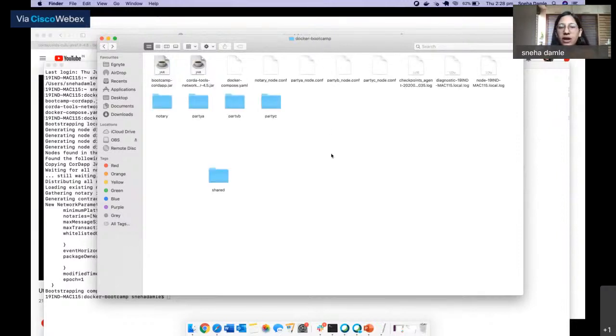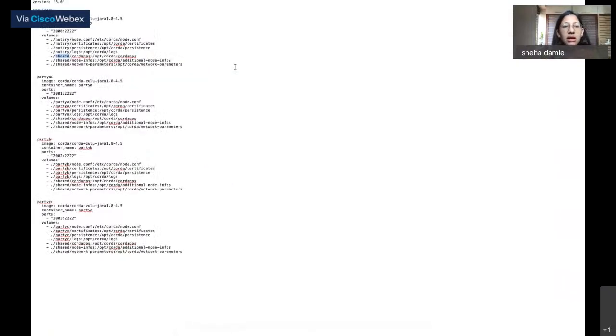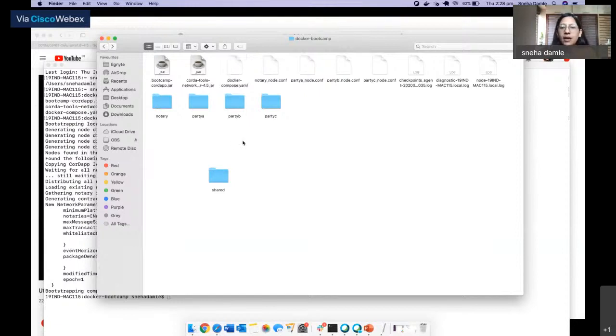We have set up the configuration required to set up a local network. We also saw that we have written this docker-compose.yaml, which consists of all the configurations required to start off the different containers for individual nodes. So what are we waiting for? We have all the necessary configurations required. Now let's spin up different containers, have our Corda Docker image deployed onto these containers, and have all the parties running on individual containers.